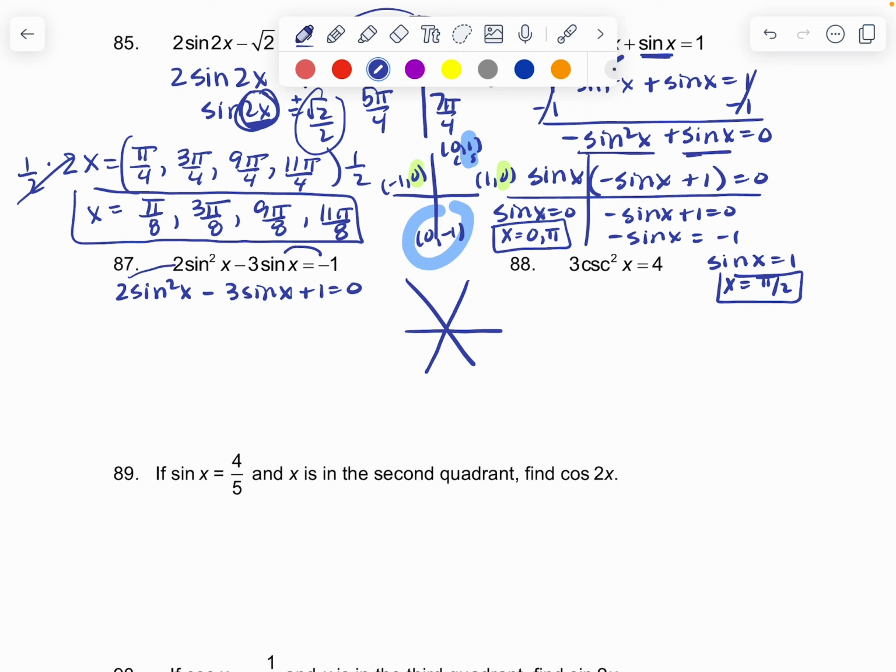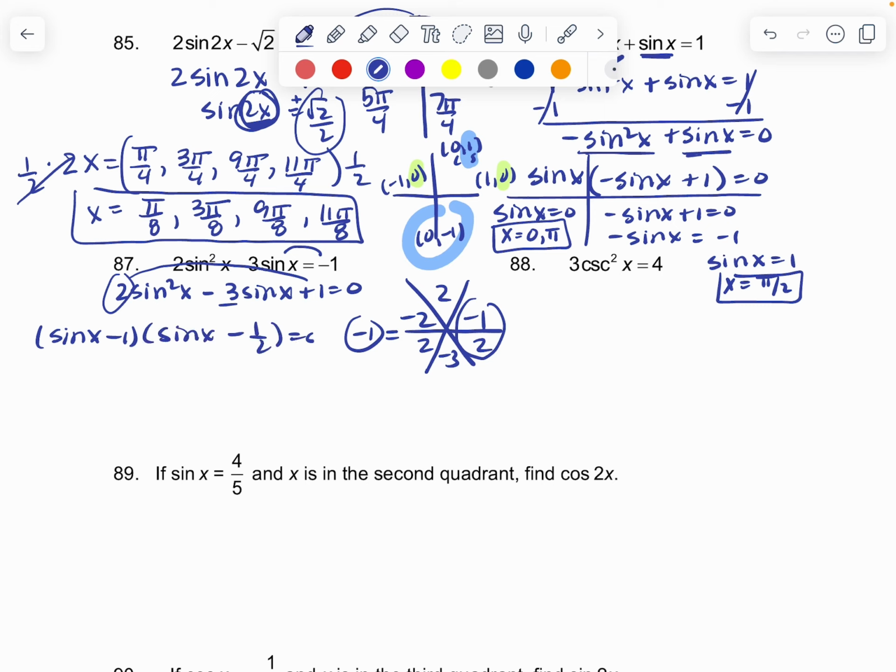So I need 2 numbers that multiply to give me 2 and add to give me negative 3. That's going to be negative 2 and negative 1. And then I want to divide by the leading coefficient, which is a 2. This is kind of stuck the way it is. This reduces to negative 1. So when I factor this problem, I'm going to get sine of x minus 1 times sine of x minus